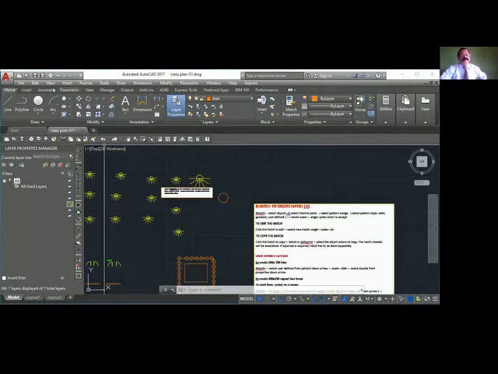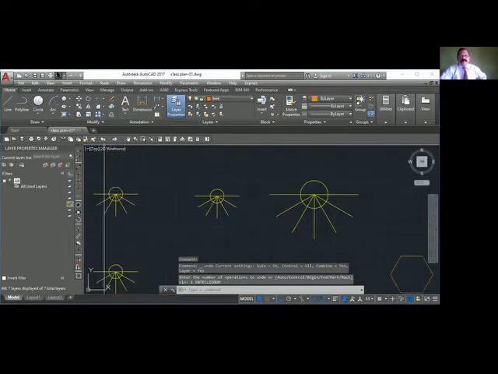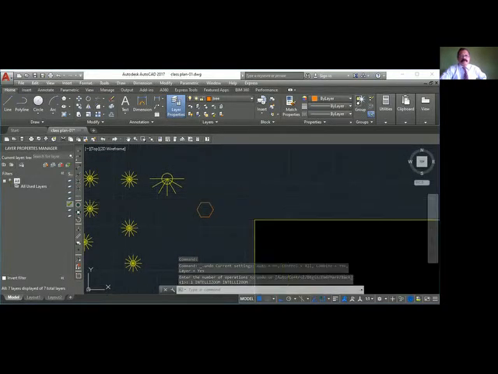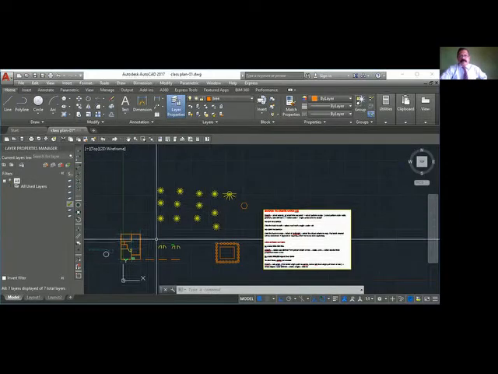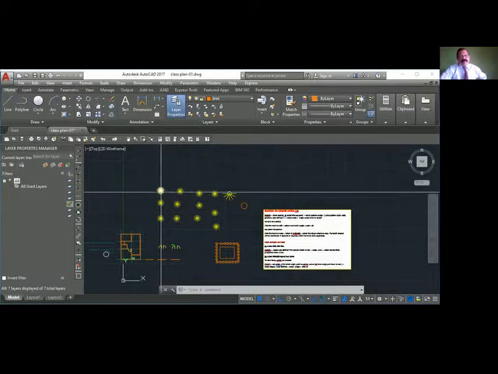Okay. Now the question is, suppose I undo this. Now the client asks that the first row should stay the same.